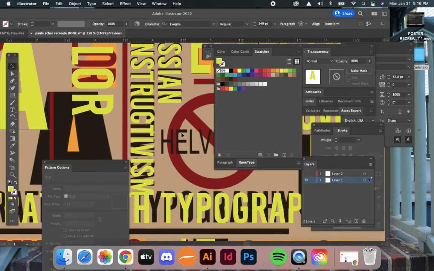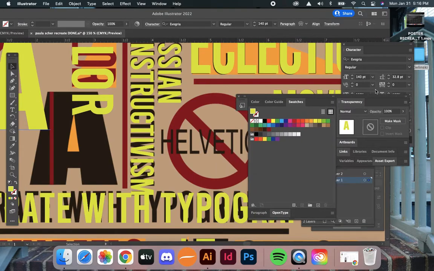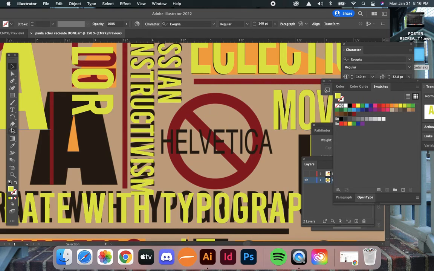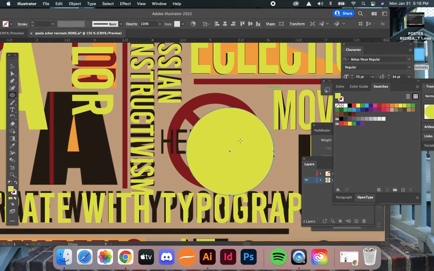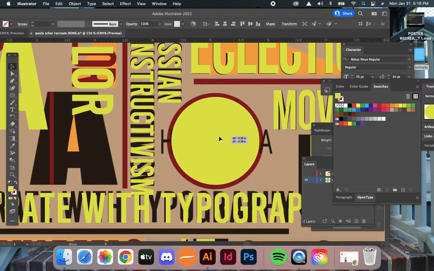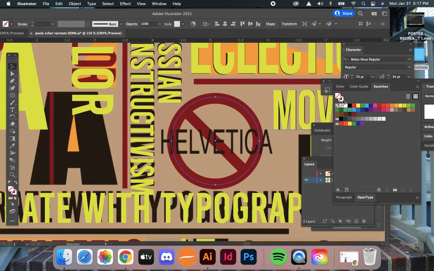Another thing, when you get to this point, let me just close some of these windows and slide things up. Most of you know this already, but for the new guys, if I click and hold on my rectangle tool, go to the ellipse tool, I need to hold down the shift key so that my circle is a circle and not an oval. Go back to my arrow and shift that. I want that to be centered. Now, this here is my fill, right? I don't want that circle to be solid yellow. I'm going to go to none right there,